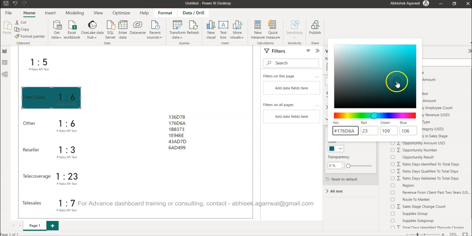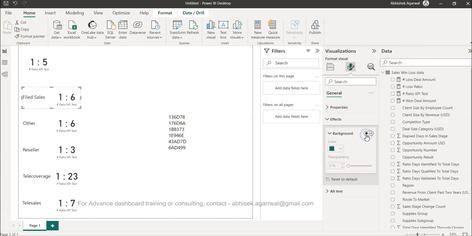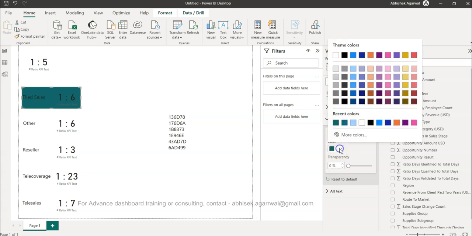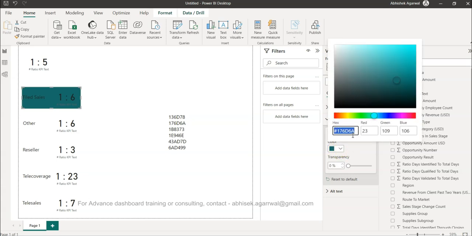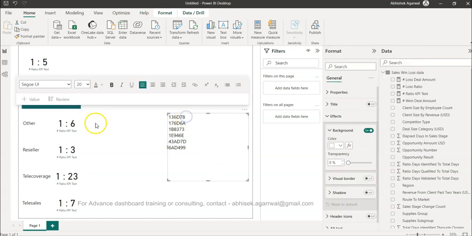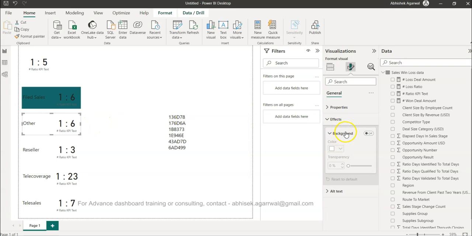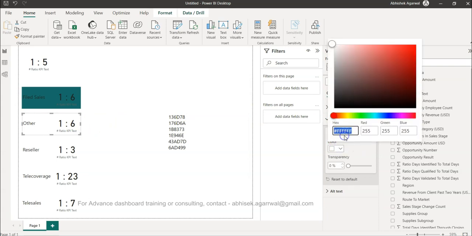176D6A. I'm trying to see why it is not changing the color. That's a weird behavior. 176. Yeah, I think it has changed. And then this one, right? Background, more colors, and we are saying third color,